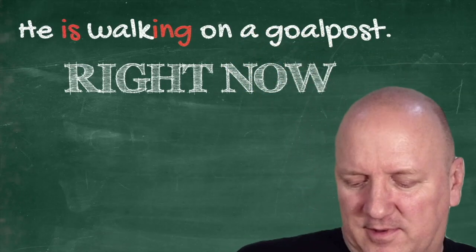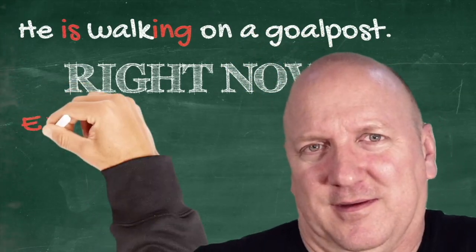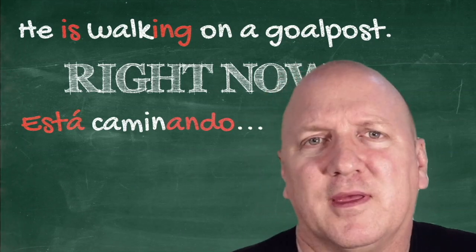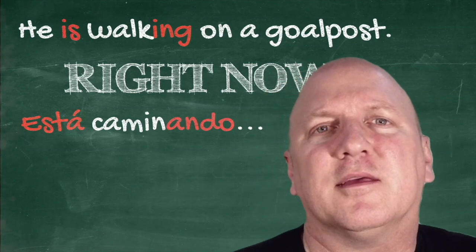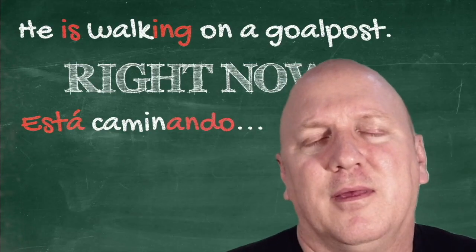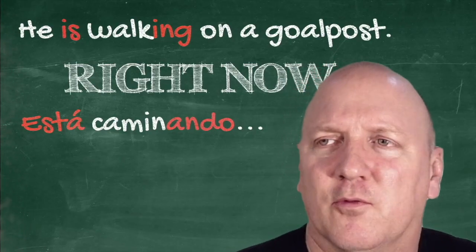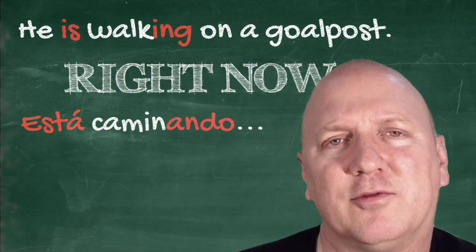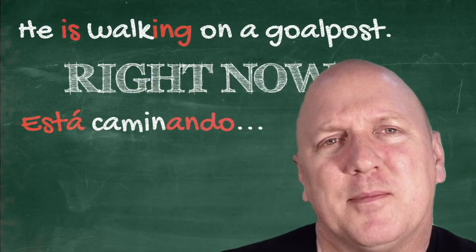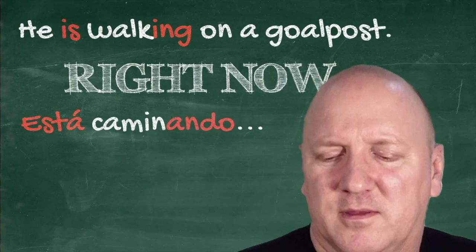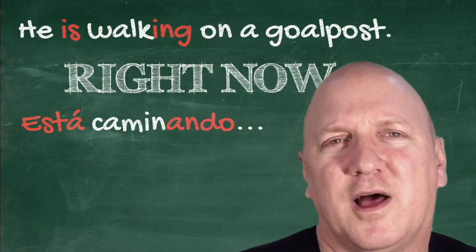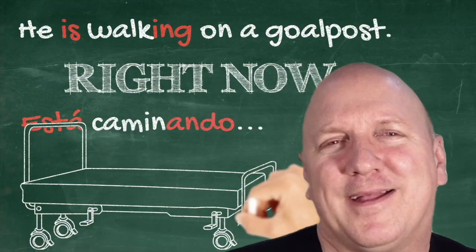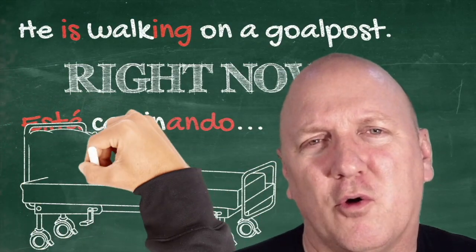And basically, the way that we do that in Spanish is exactly the same, if you think about it. Because we will use está caminando, right? He is walking, está caminando. The same logic there. You can see in the red where the same logic is. You have the be with the está, and then you have the ando, which is the ing, with the caminando. So you have a very clear correlation with the logic when we talk about present continuous between English and Spanish. And it's pretty cool to be able to notice that.